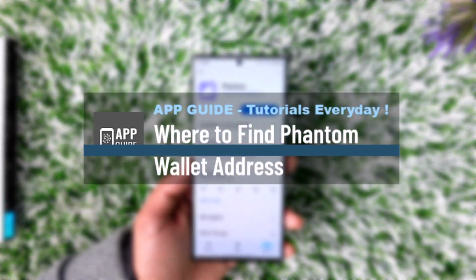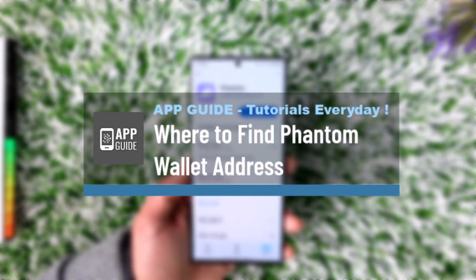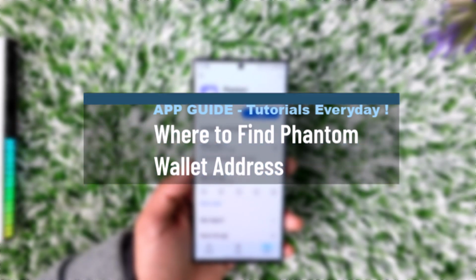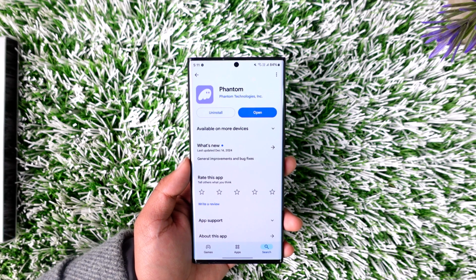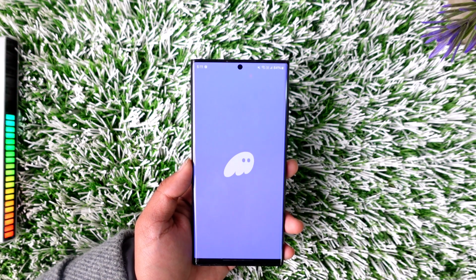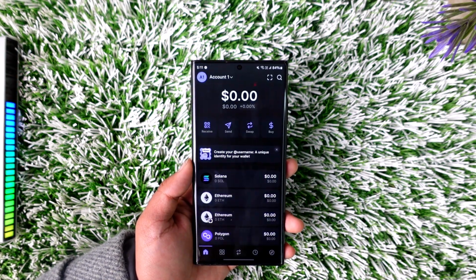Way to find Phantom wallet address. Now before we talk about where to find it, it's about why to find it. So you might want to find your Phantom wallet address to receive cryptocurrencies within Phantom. Now finding a Phantom wallet address also depends upon which crypto you want to find an address for,